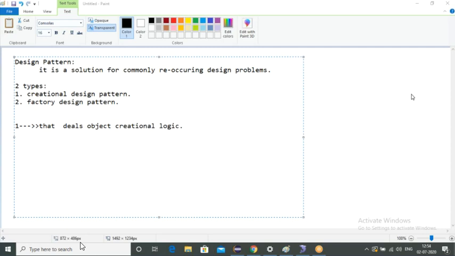Below that, write: creational design pattern and factory design pattern.